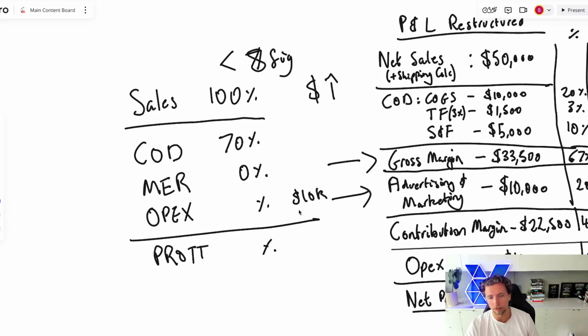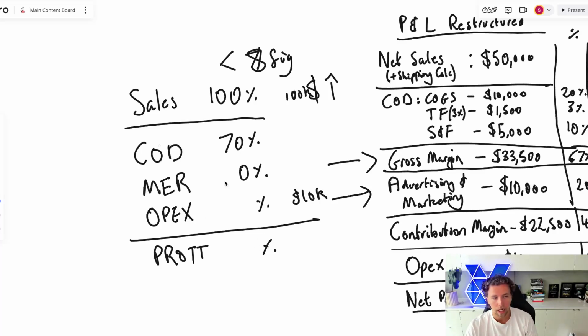This might include a small warehouse and one staff, or it might include their own salary. They might be doing 100K in top line revenue. They need to get their revenue to 200K so that OPEX drops to 5% as opposed to 10. And the only way to get revenue up, the only way to double revenue, is to increase marketing, because this is the key lever to increase top line revenue, to therefore decrease the percentage of operating expenses and open up